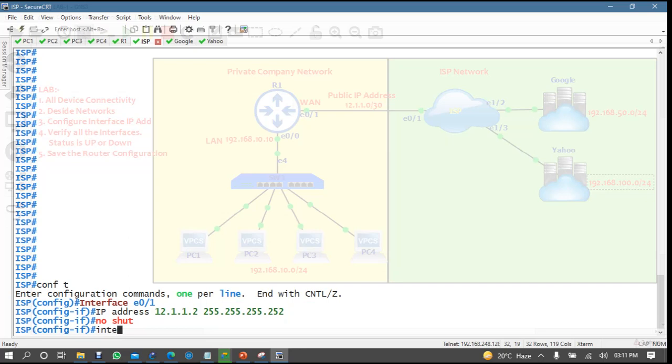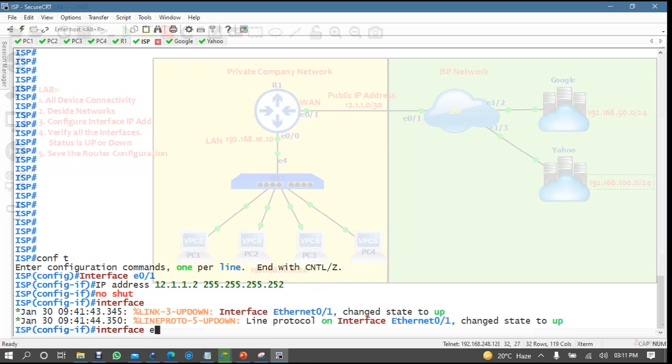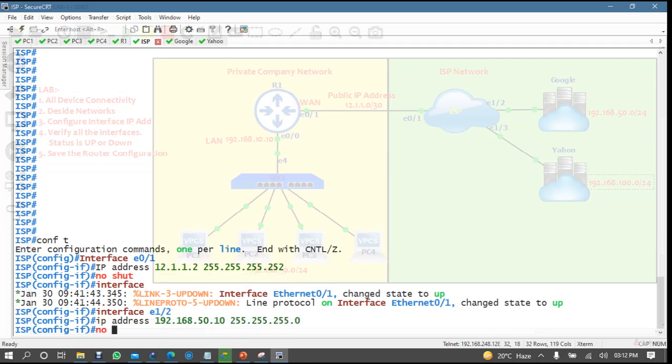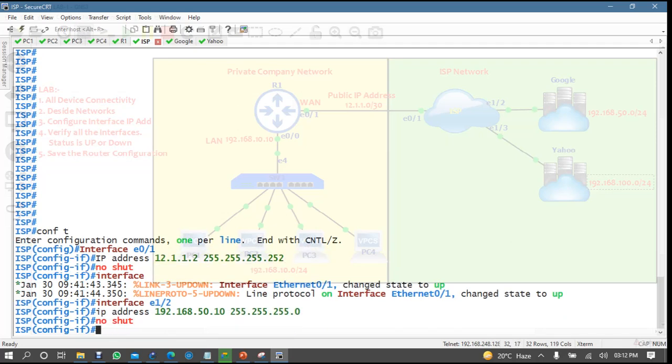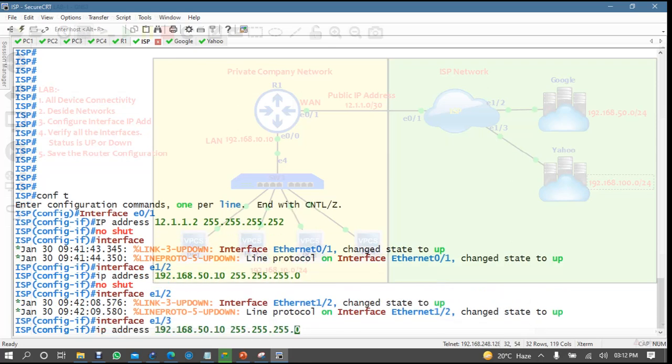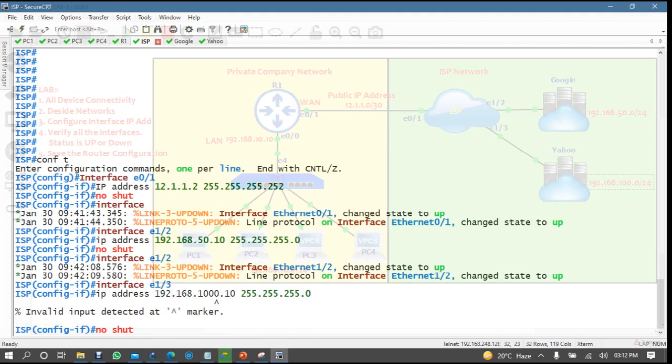And then interface E1/2, which is connecting to my Google, the IP address I'm using here is 192.168.50.10, no shut. And then towards Yahoo, the interface is E1/3 and the IP address is 100.100.100.10, sorry,